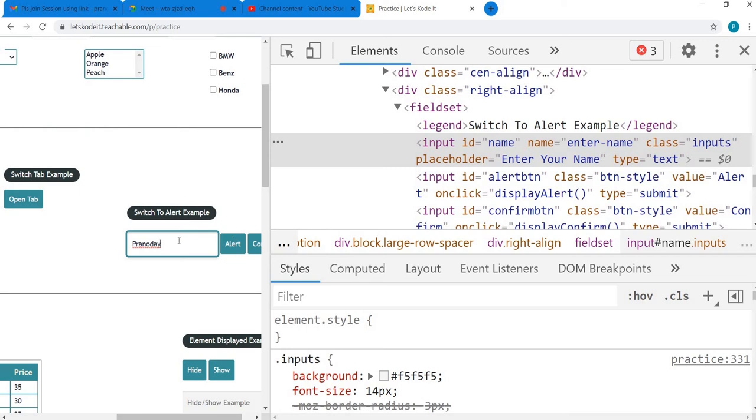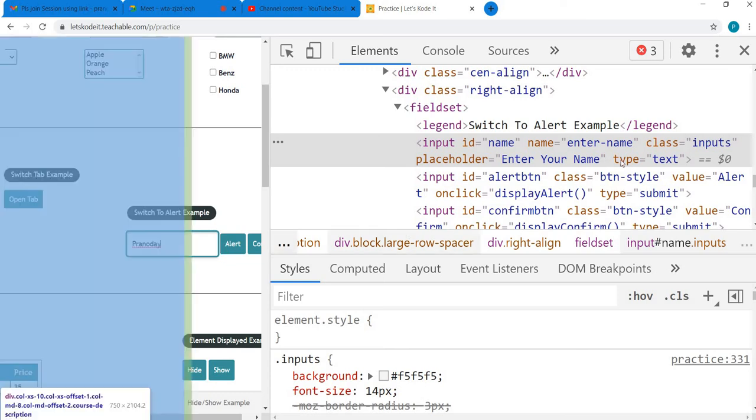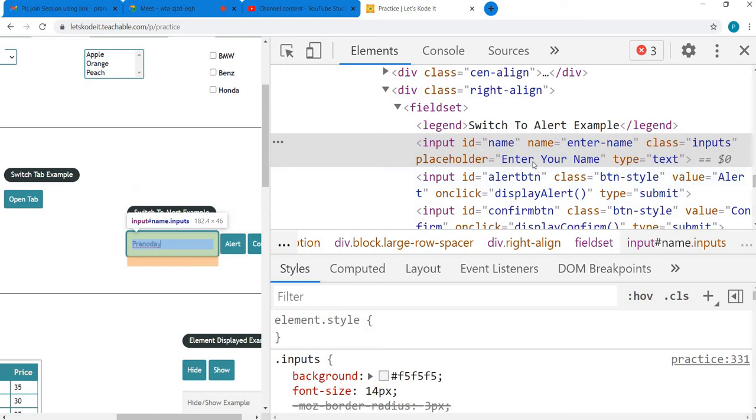So whatever value you enter in the text box, it gets set to the value attribute of that element. Now we don't see that value attribute here in the HTML code because it's not a part of HTML code. It's a part of this particular element, the DOM element, which the browser creates. After reading your HTML code, the browser creates the DOM elements, right? So a DOM element for this text, a DOM element for this button. So for every control, it creates a DOM element, document object model element, right?